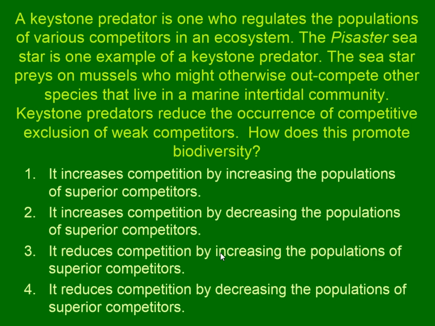It just says that we're going to reduce competition, right? And so obviously 1 and 2 are right out. But here's the thing. Would you reduce competition by increasing the superior competitors? No, you would need to decrease the superior competitors. So what this means is that the sea star eats superior competitors, keeping that population down, allowing for the weaker competitors to actually thrive. Okay, that is it